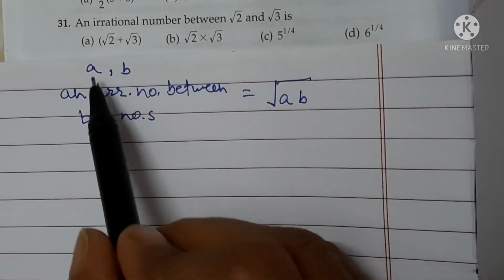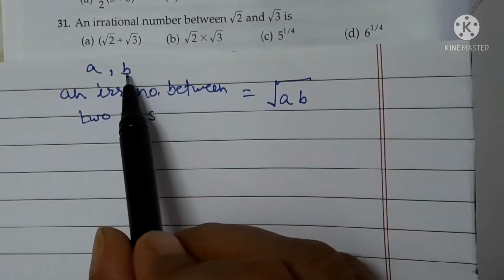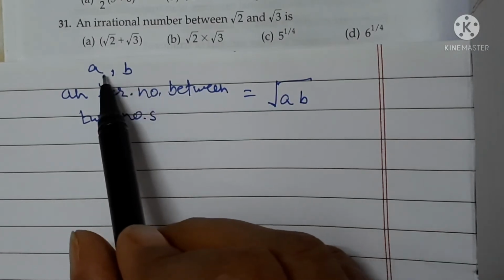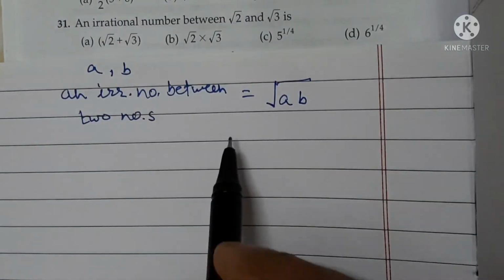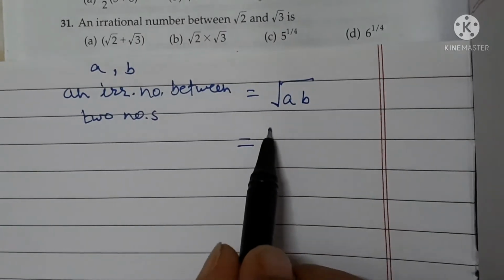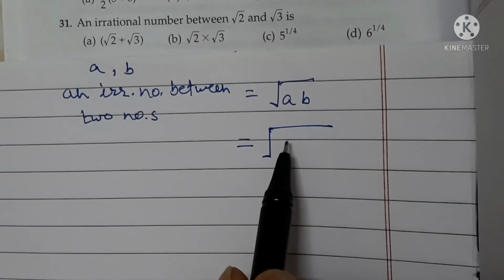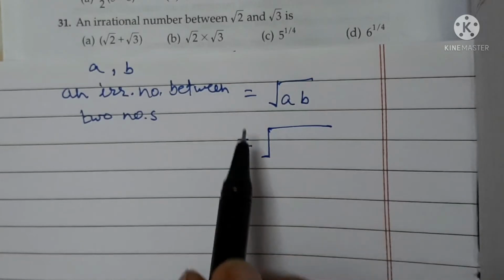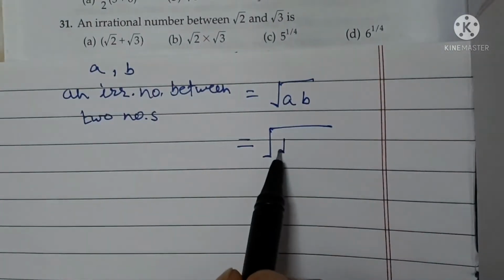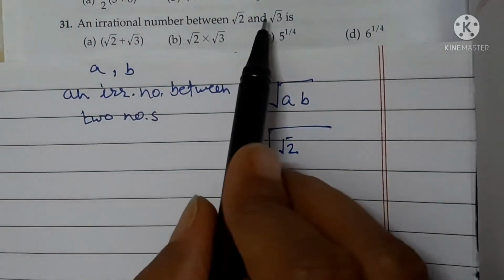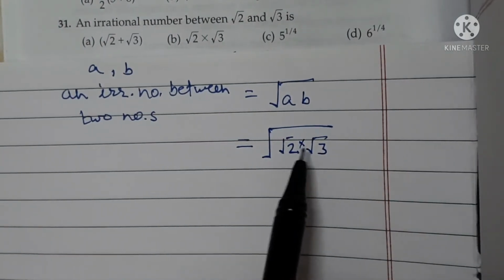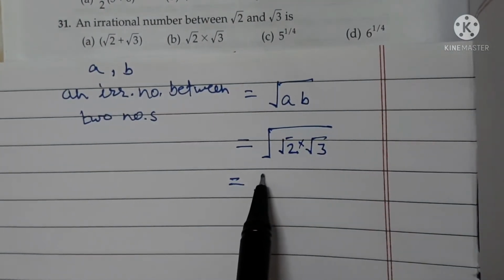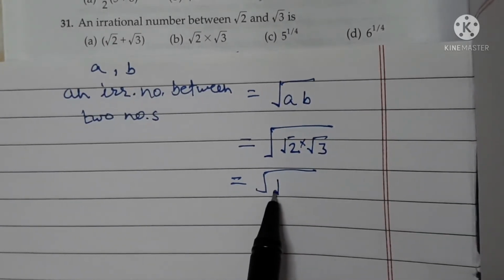So here a is equal to under root 2 and b is equal to under root 3. So an irrational number between these two numbers is equal to under root of under root 2 into under root 3, so this becomes under root of under root 6,